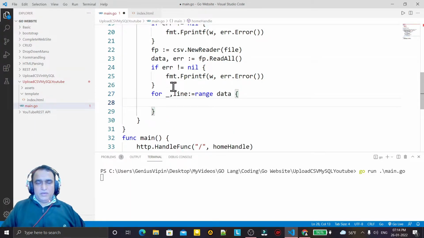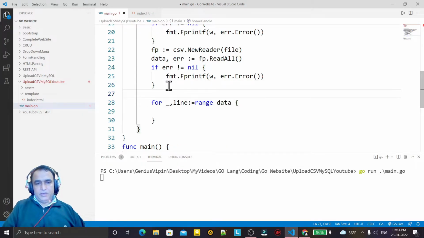So one by one I will read this line, and I will display data in a table. So I create a table here, and I say file data equal to